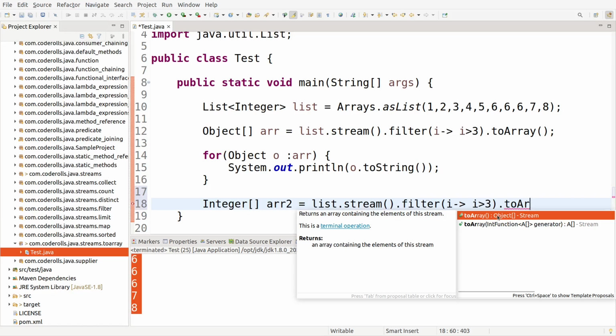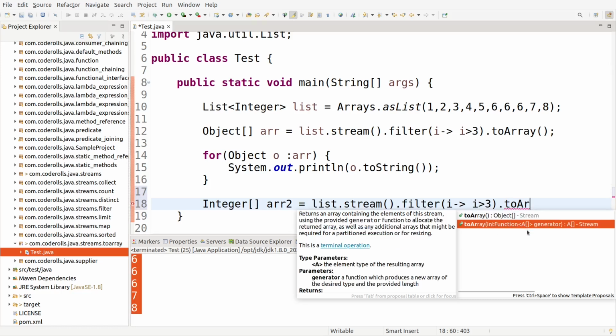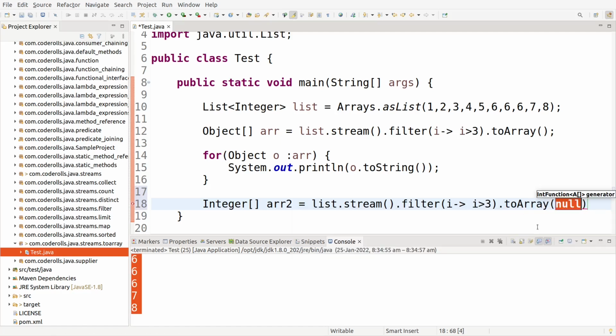The one which will return an object array irrespective of any element type, but there is another method where we can pass a generator, and that generator will decide which type of array we are going to create. So we will use the second one here, toArray, and since we want it to be an integer array, we will be adding Integer